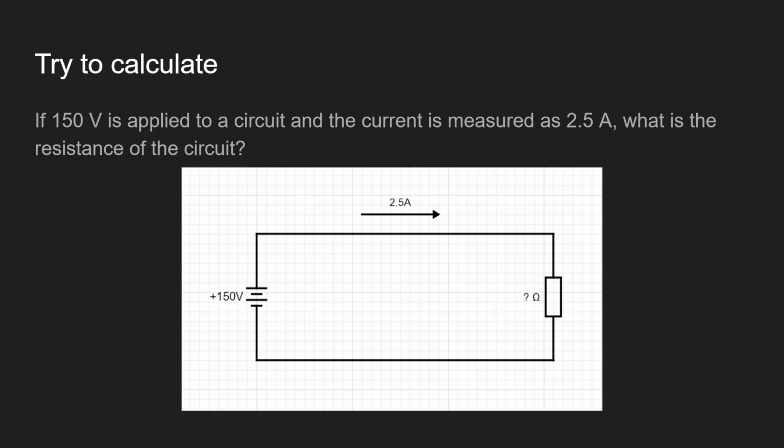So you can pick a calculator. V equals IR, so R equals V divided by I. So it is 150 divided by 2.5. Hey, we are running out of time. Just a minute. Let me join the